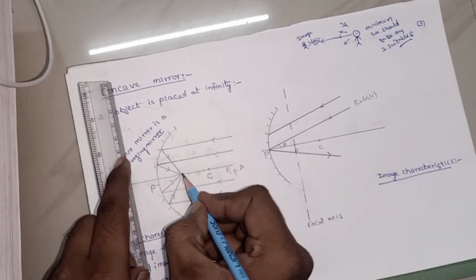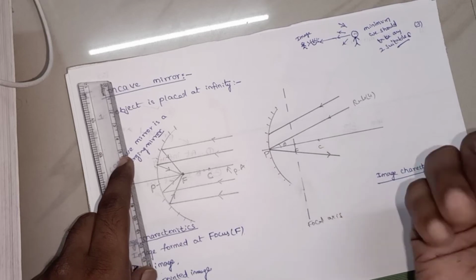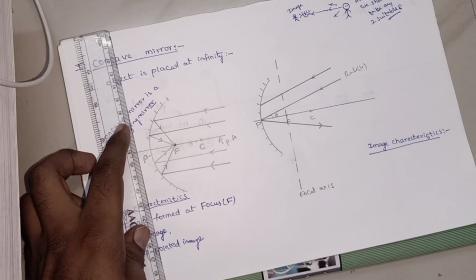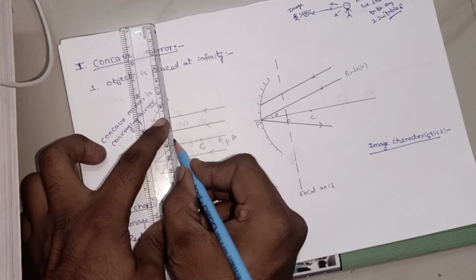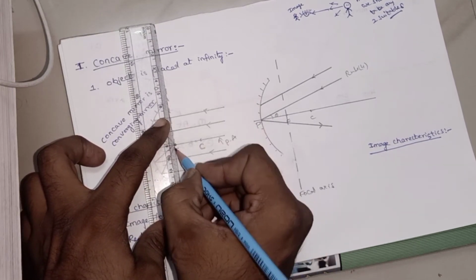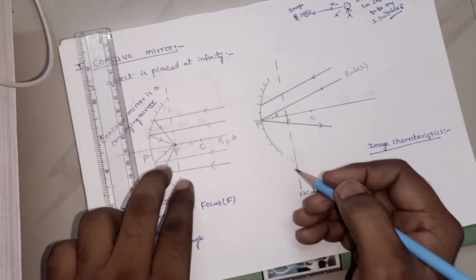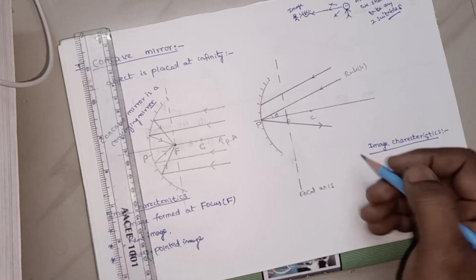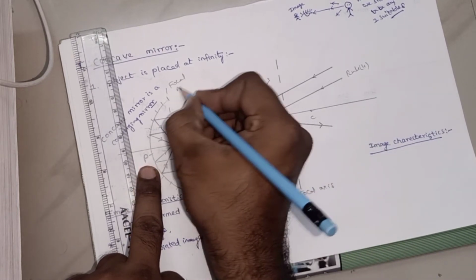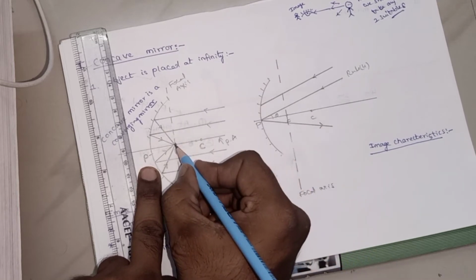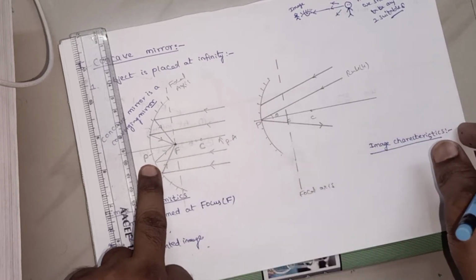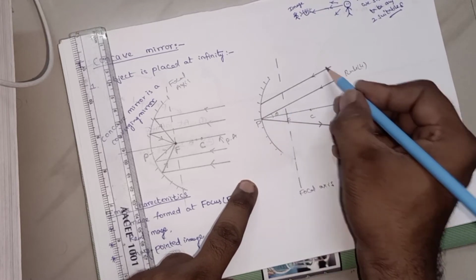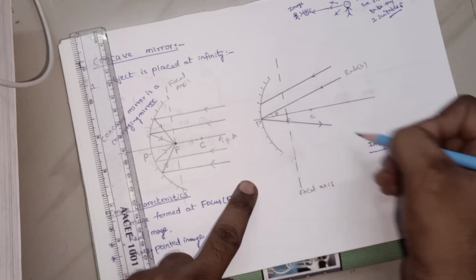Here they should converge. At what point should they converge? That thing we need to clarify here. See, look here. Here I am going to draw the focal axis in the previous diagram. So what is the focal axis? The focal axis is nothing but the line which passes through the focus and is perpendicular to the principal axis. That is called the focal axis. And the focus also lies on the focal axis only. Clear? In the similar way, all the rays which are parallel to each other will converge on the focus.